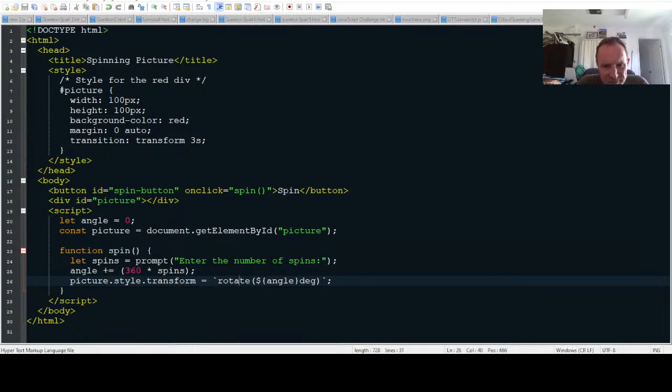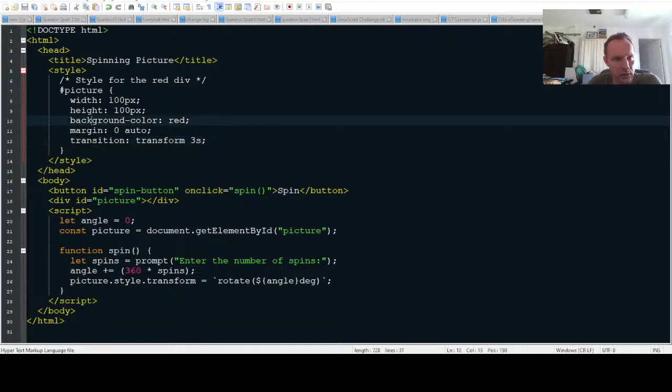Rotate angle degrees. That's unusual notation. I've never used notation like that before, but that's pretty cool. It's just basically taking this transition element and saying the